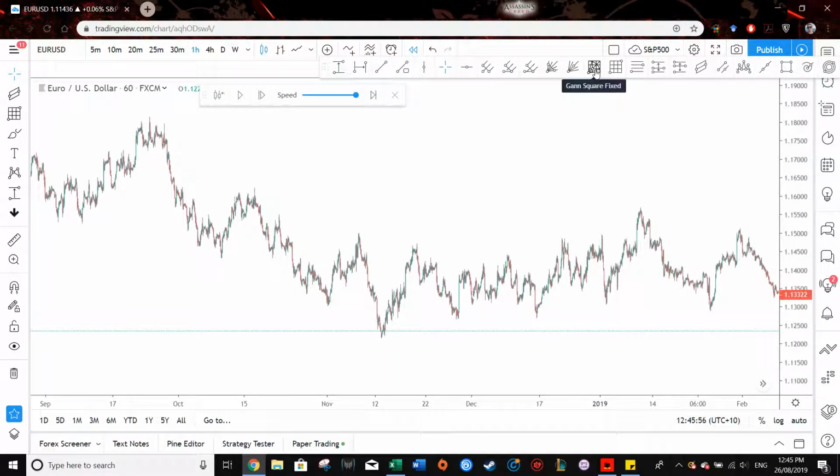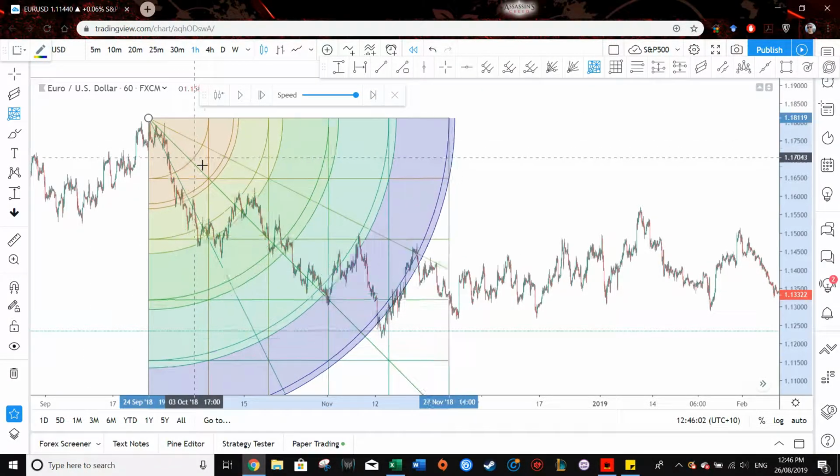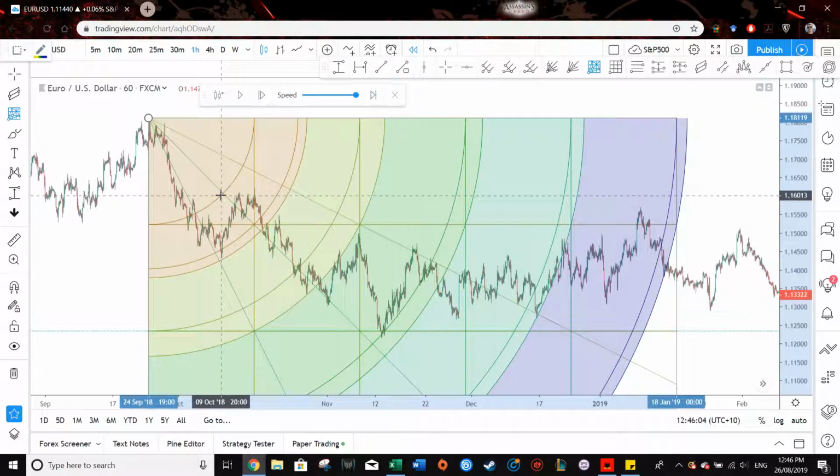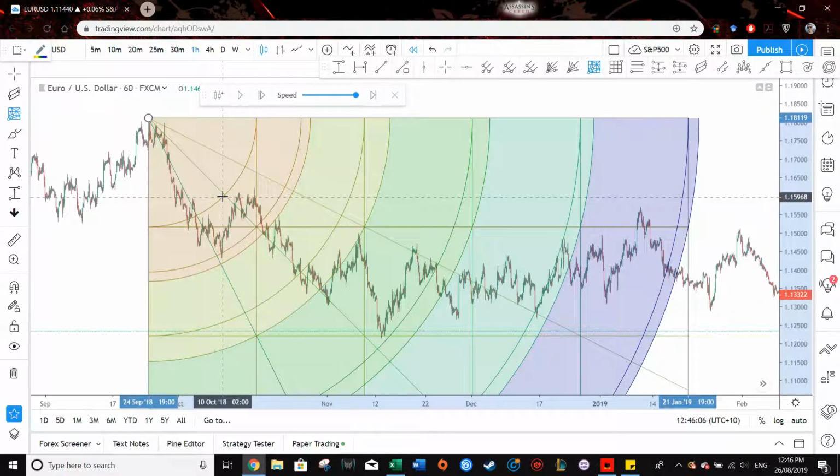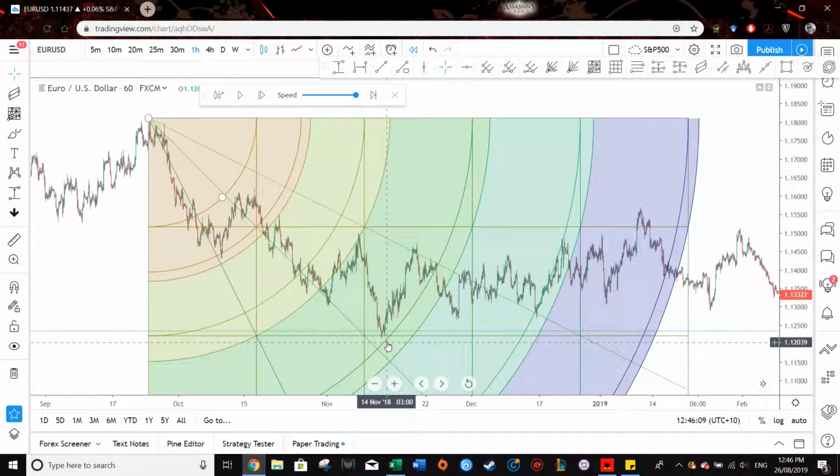Now, what do I mean by significant? I don't mean this one. I probably mean that one. So what we're going to do is grab the Gann square fixed, and we have to go from the previous high. And then we're just going to drag down